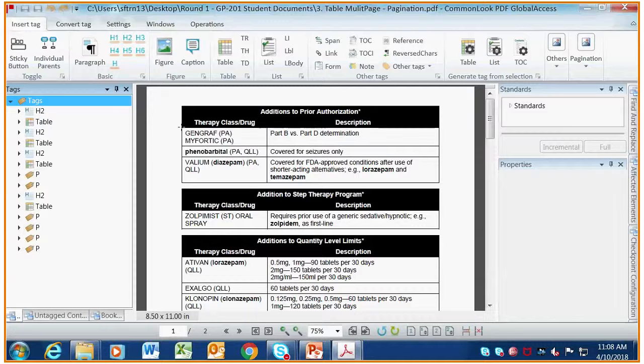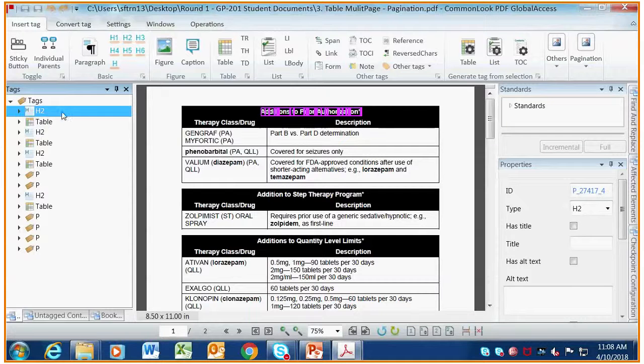If you're looking at the document, right at the top you see this first table, additions to prior authorization, and then you got your column headers and so on, right? But in the tag tree, I moved the additions to prior authorization out of the table, made it a heading level 2, right? And then the next H2 is additions to step therapy, and the next H2 is additions to quantity level limits. That's entirely to help with the navigation, finding the information that you want in the document faster,